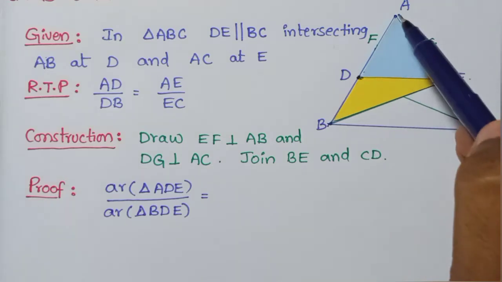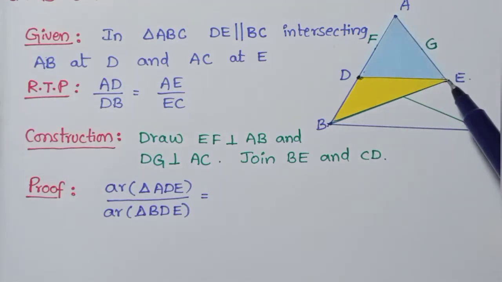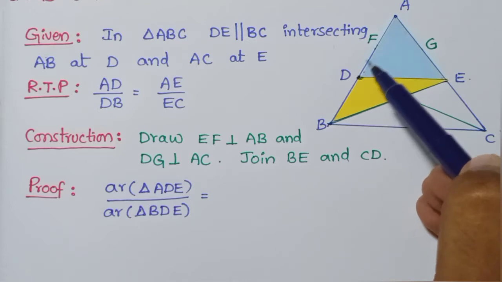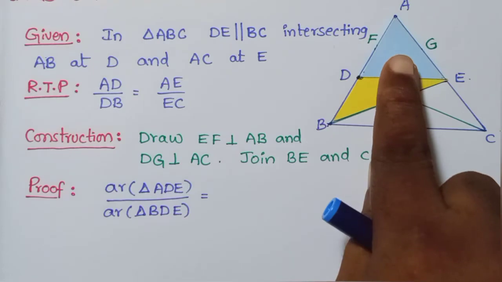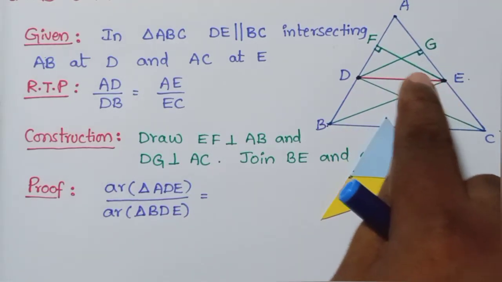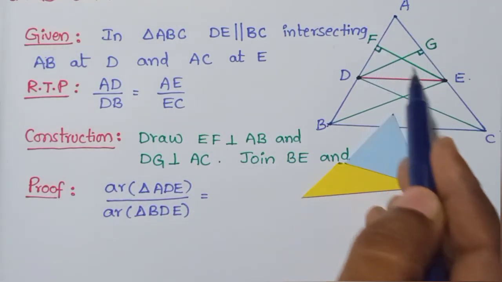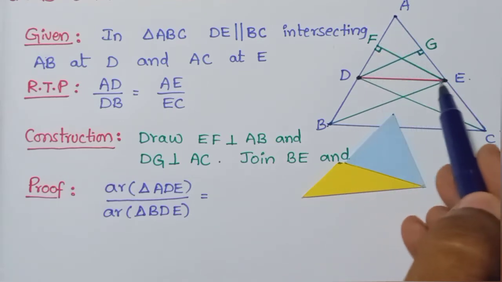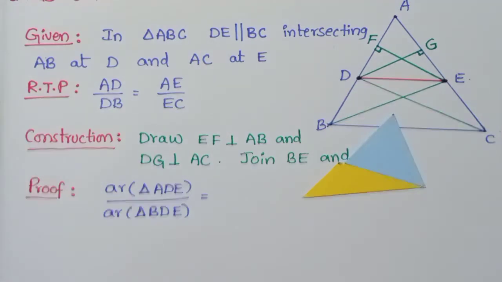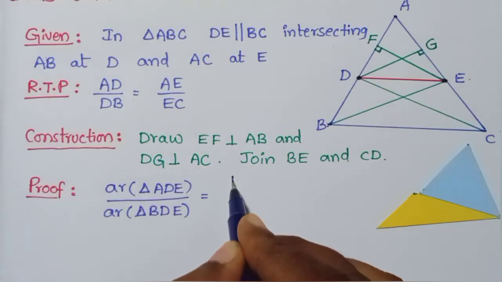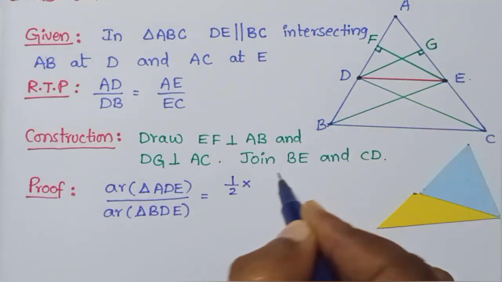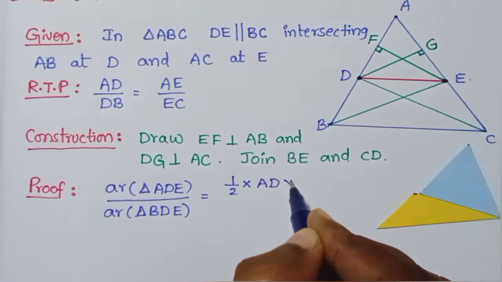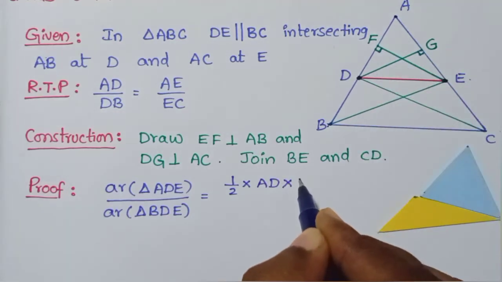So if you consider the triangle ADE, its base is AD. AD I am taking as base. And what will be its height? Its height is EF. The same I am writing here: half into product of its base AD into height EF,